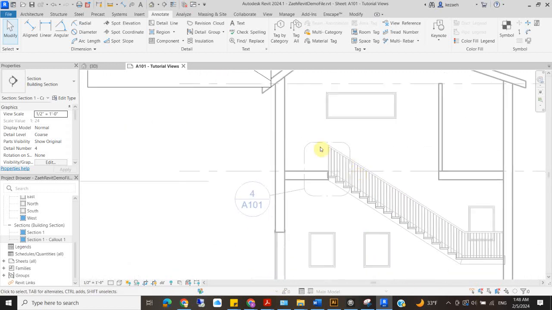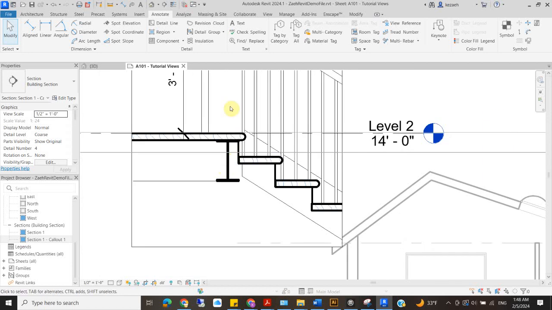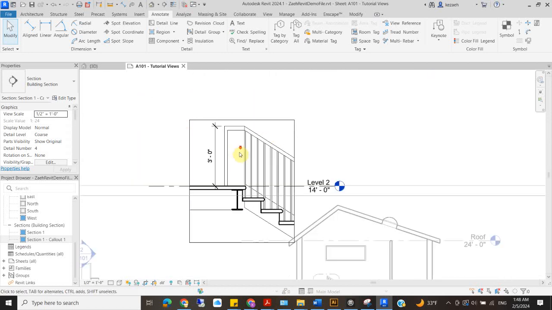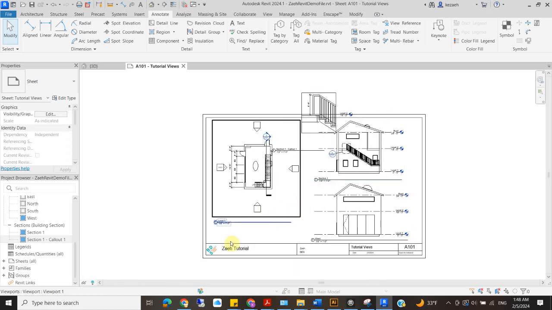So here I can see there's a stair in the section, but when I go to my detail drawing, it tells me more about what that stair looks like, that there's wood on the top, that it has support, and it tells me the height of that handrail. So I'm going to double click outside, and now I just need to find a spot for this in my